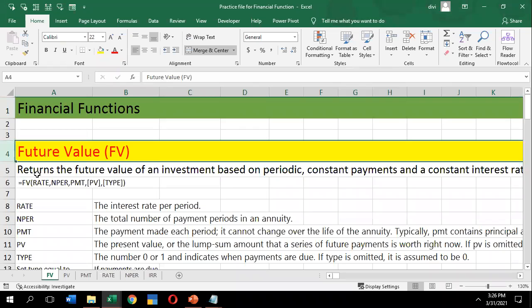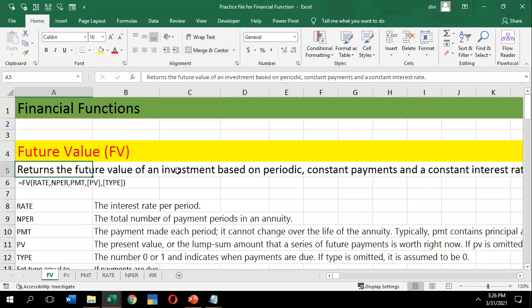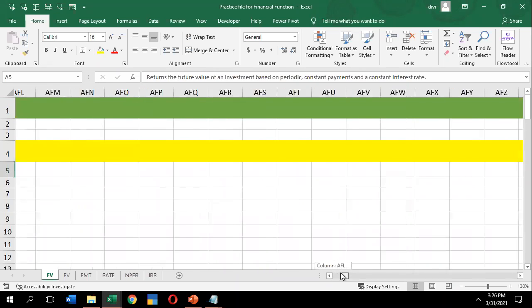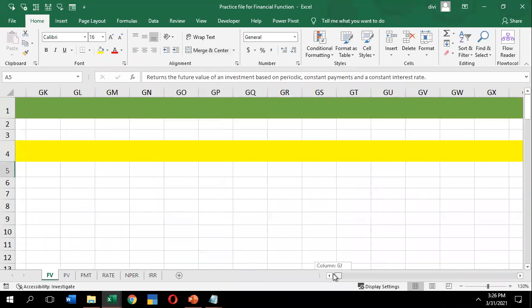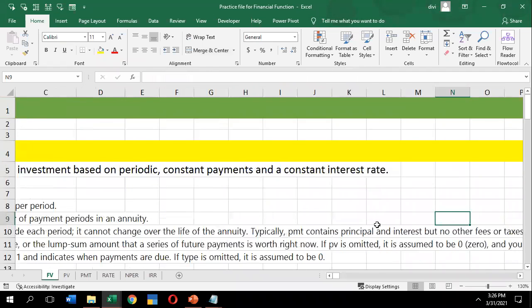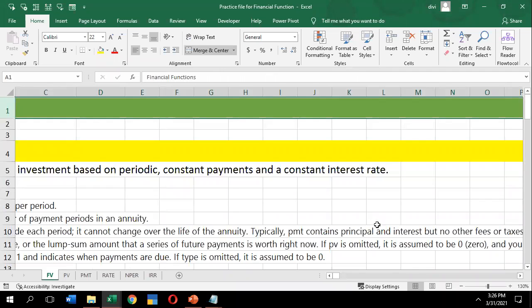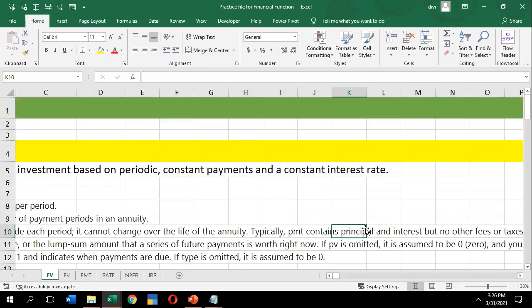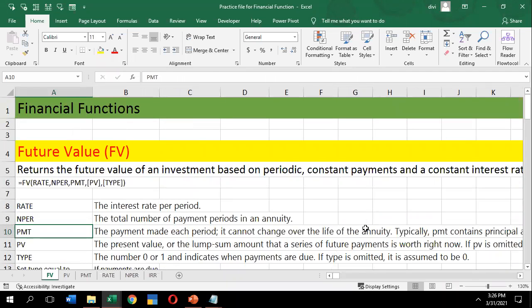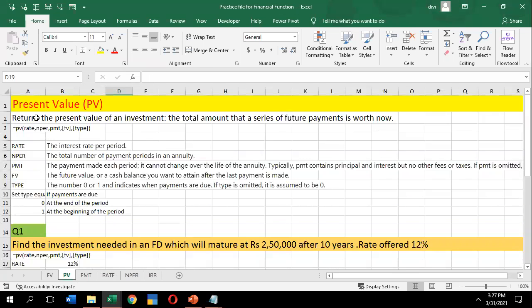So see, what is FV? It returns the future value of an investment based on periodic, constant payments and a constant interest rate. PV is the present value.